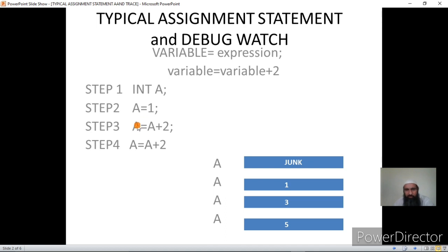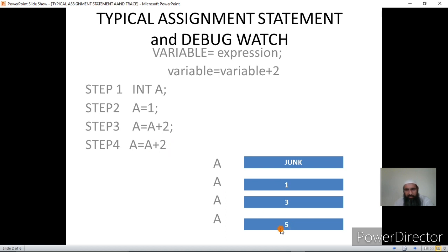As I told you earlier, a variable can hold only one value at a point of time, and using input output statements or assignment statements, these changes can be made. Now here I have made a change in the value of A. I have added 2 to the previous value of A, and now the current value stored in A will be 3. Next, again I have A is equal to A plus 2, but which value will it use? Will it use 1? No, because in the previous statement I made a change in A, and A has become 3 now. So in this statement the CPU will be using 3 as the value of A. So 3 plus 2 is 5.